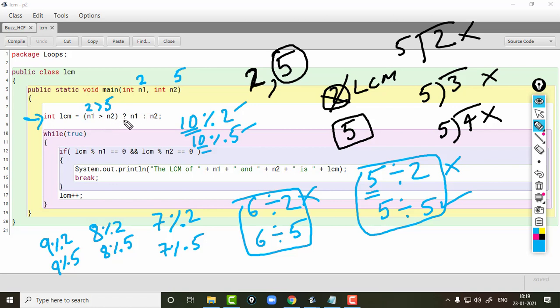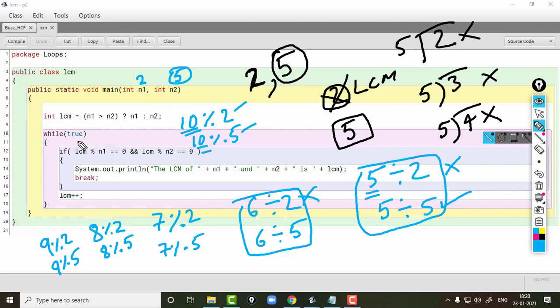If it is false, you know the conditional operator's value will be the false expression; this one represents the true expression and this one represents the false expression. The condition here is false, so N2 will be the value of this whole expression. N2 value is 5, and that 5 will be assigned to LCM. So our assumption has been done that the bigger number is the LCM.